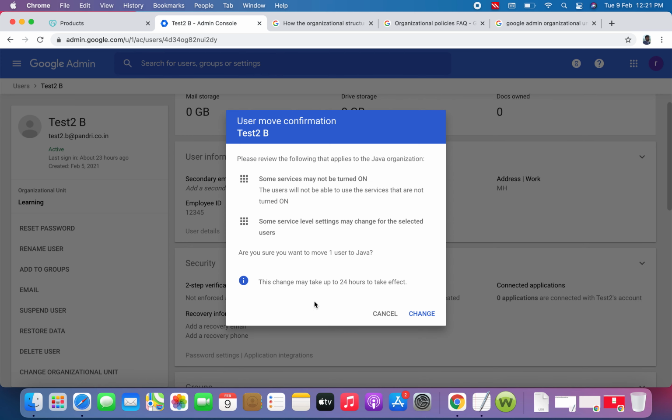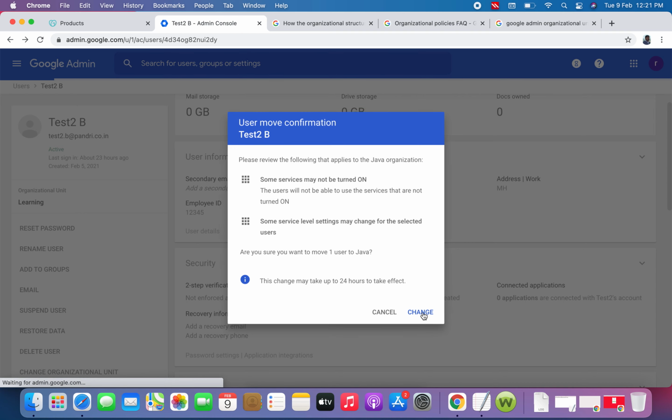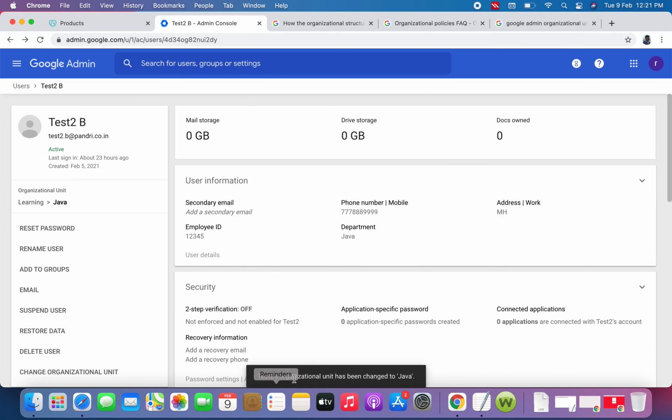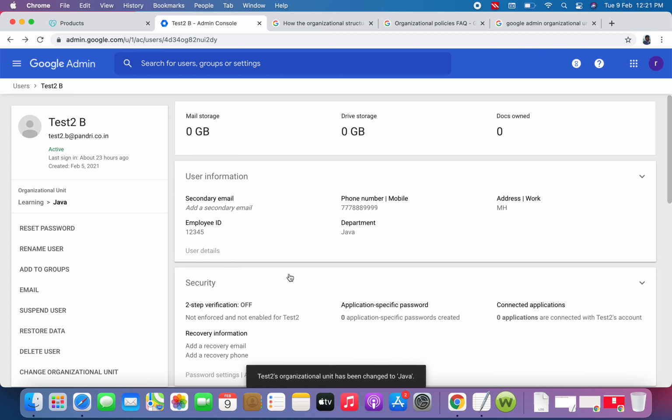Review what the system is saying: are you sure you want to move one user to Java? It means the settings applied on that Java OU will be applicable for this user also. This is going to take 24 hours to take effect. Here you can click on change. Now you can see the test2 organizational unit has been changed to Java.